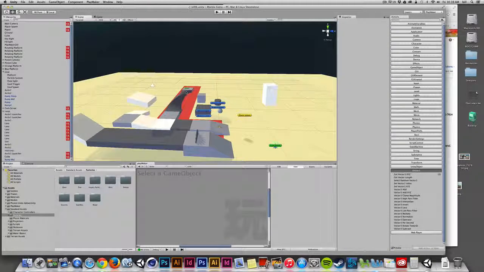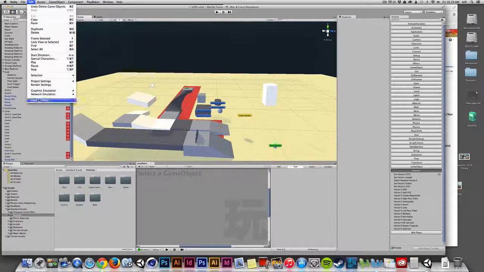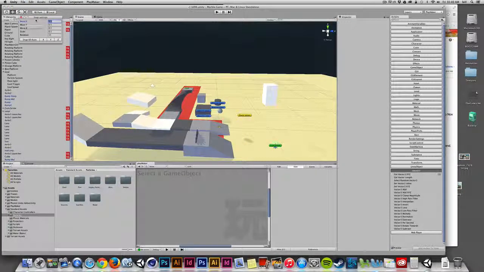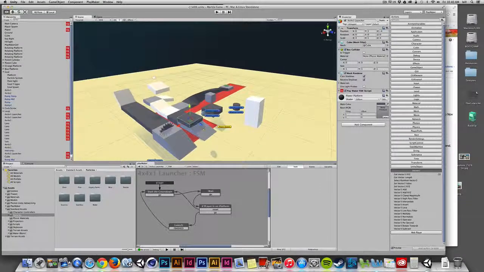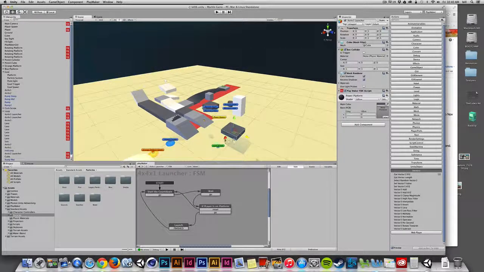Okay, now I'm going to delete that. By default, if we go to edit snap settings, your default snap settings are going to be set to 1 meter. Okay, and you'll notice that you have snap scale settings and snap rotation as well. With the default settings, if I grab a cube object and I use Command D to duplicate it, or I can right click on the object and duplicate it, if I hold down the command key when I move these objects, it's going to snap to 1 degree increments, which is very convenient because what we can do is, I'll just move this cube over here,